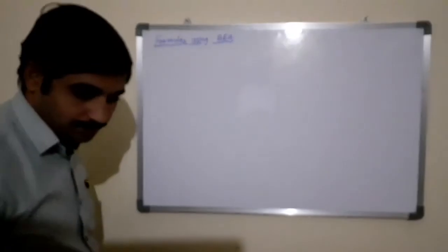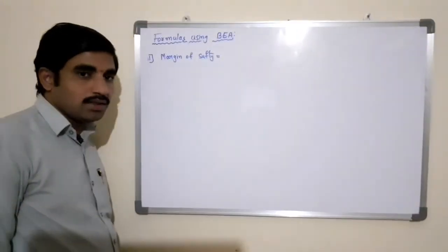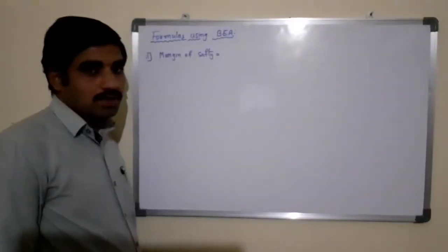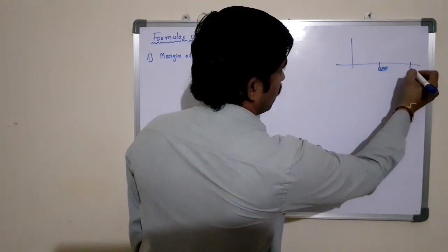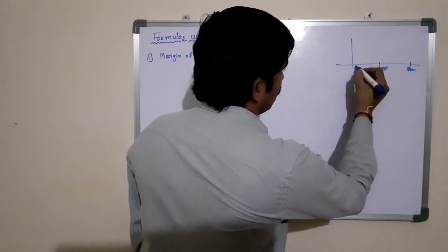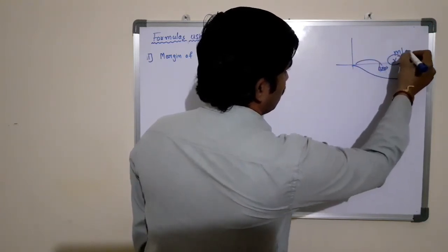we are also having other formulas like margin of safety. As per our graph, what is margin of safety? The total sales minus BEP sales. According to our graph, here we have the break-even point, and it is the total sales in terms of units. So the margin of safety is the difference between these two. This area is called the margin of safety.